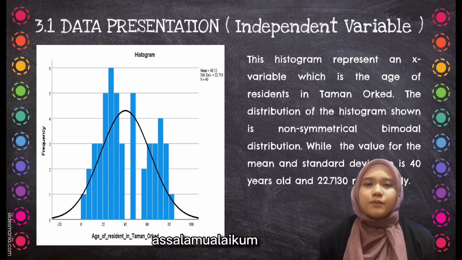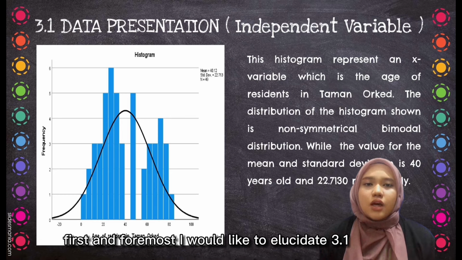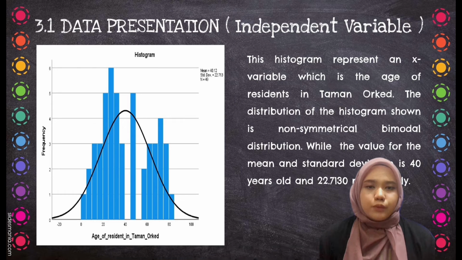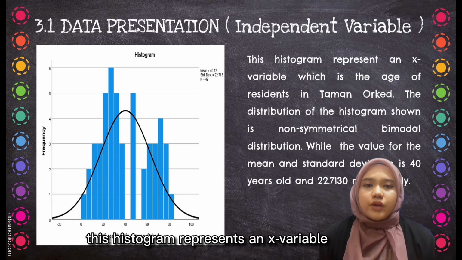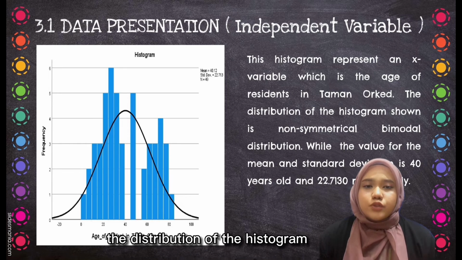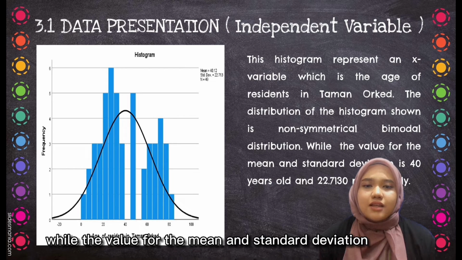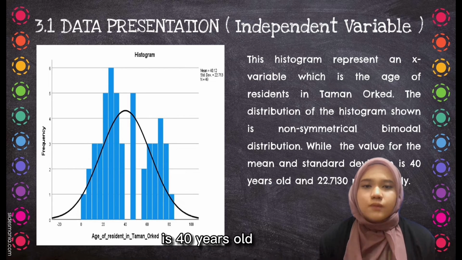Assalamualaikum. I am Nurin Jazlina binti Jamaluddin. First and foremost, I would like to elucidate 3.1, which is data presentation. This histogram represents an X variable, which is the age of residents in Taman Orchid. The distribution of the histogram shown is non-symmetrical by model distribution, while the value for the mean and standard deviation is 40 years old and